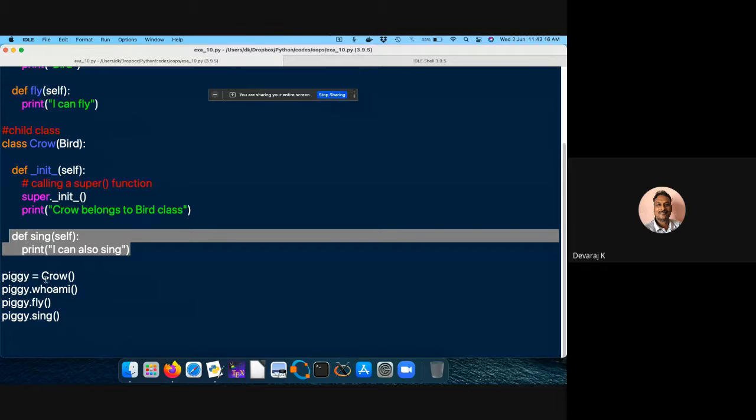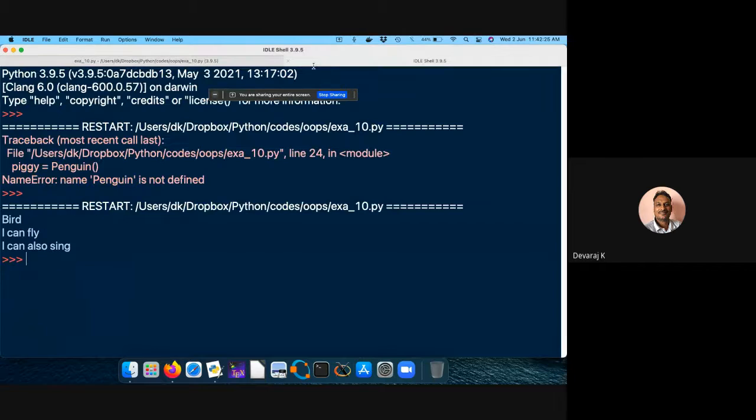So what can I do? So it is a bird. Who I am actually, it's a bird. So what can I say? I can fly. I can also sing. So you can add the sentences. So this will be the output. So I have to get three lines of output. That's what I got.